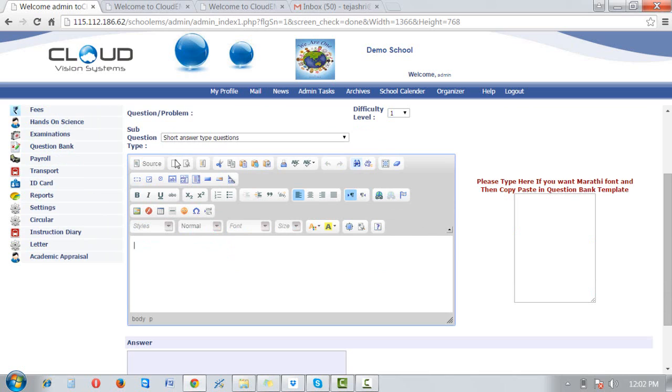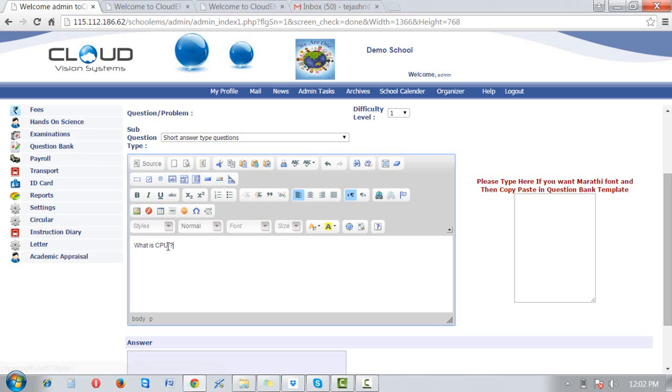Now this is the editor where we can enter the details and format them with any of these selections. Suppose I enter what is CPU. All the formatting options are provided in this editor.